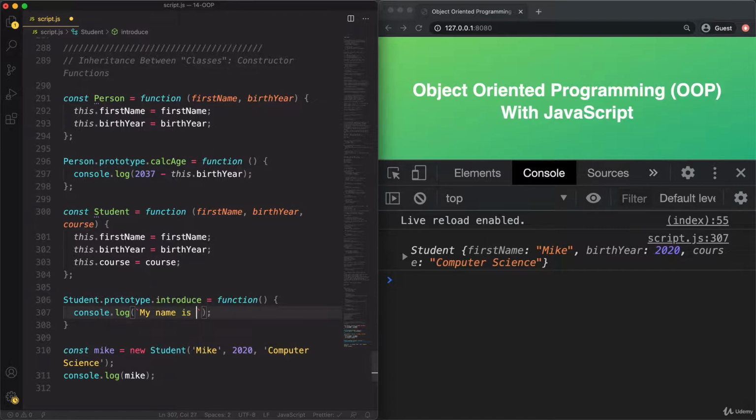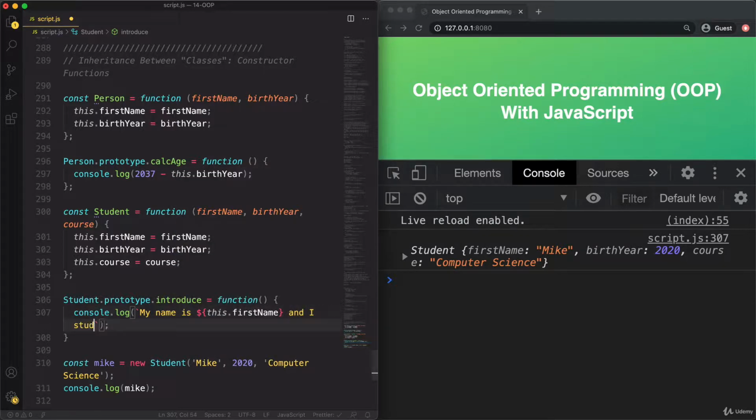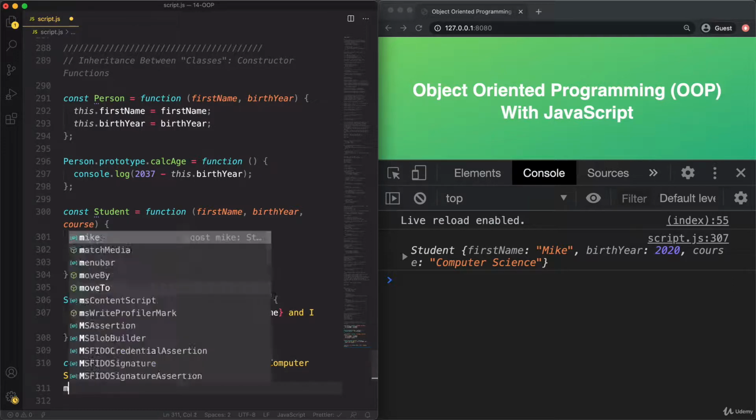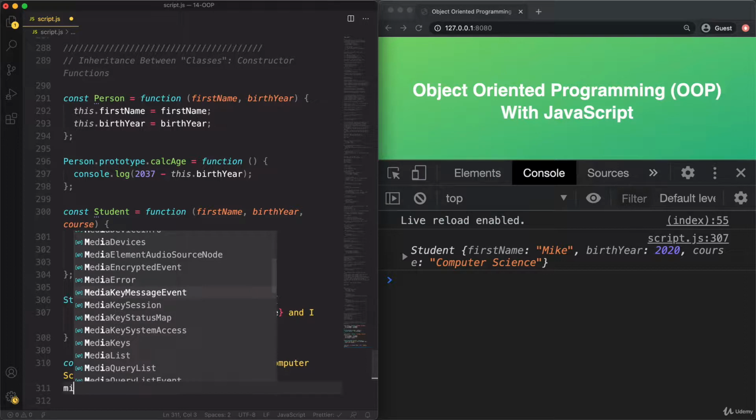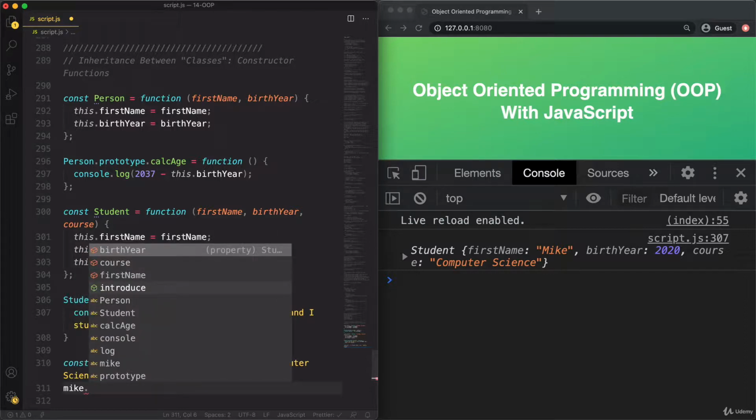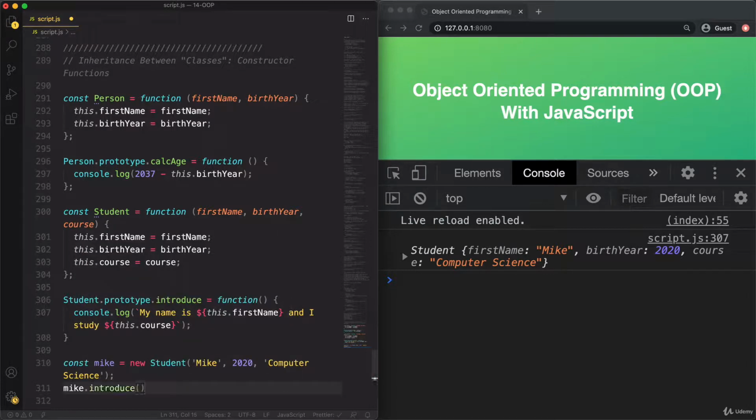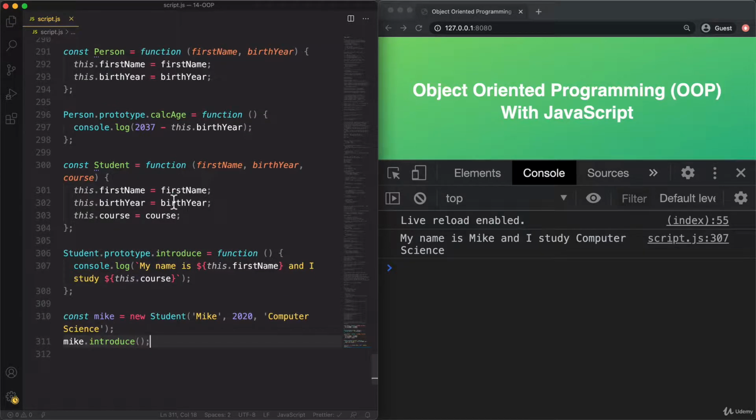So my name is this.firstname and I study, and then the name of the course. So let's call that here Mike.introduce. And all right, so that works just fine. Great, so far so good.